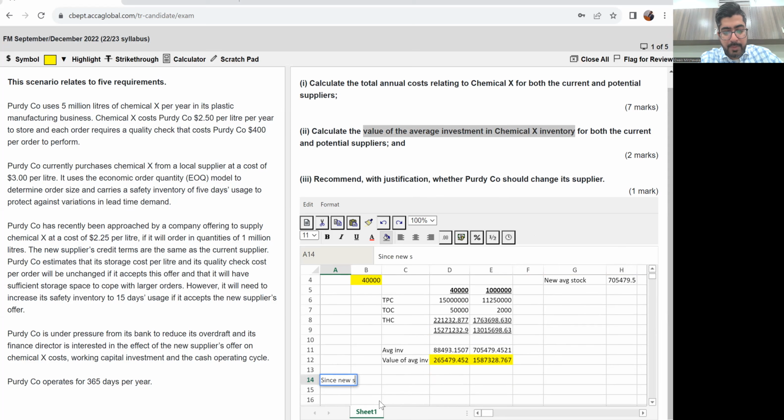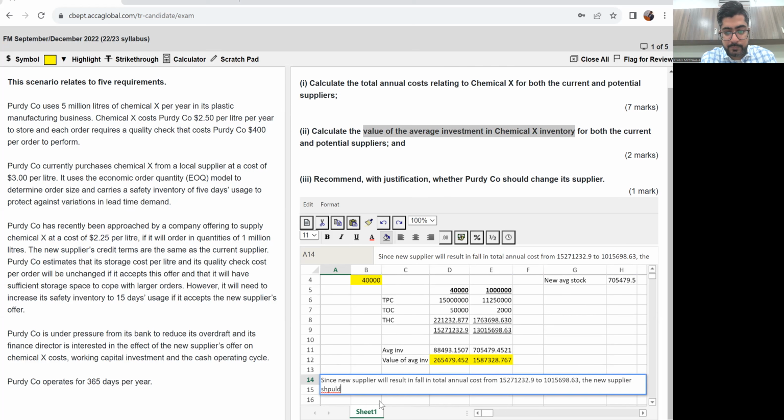Since new supplier will result in fall in total annual cost from 1527 1232.9 to 1301 5698.63, the new supplier should be opted,